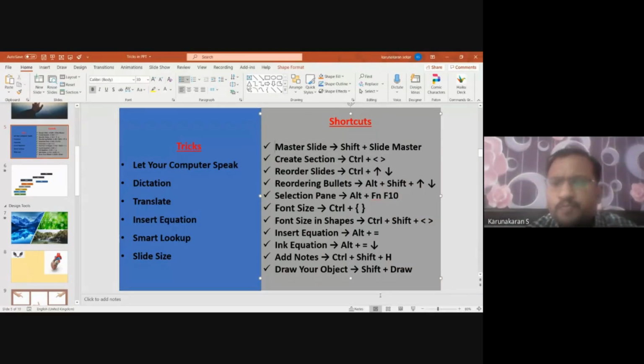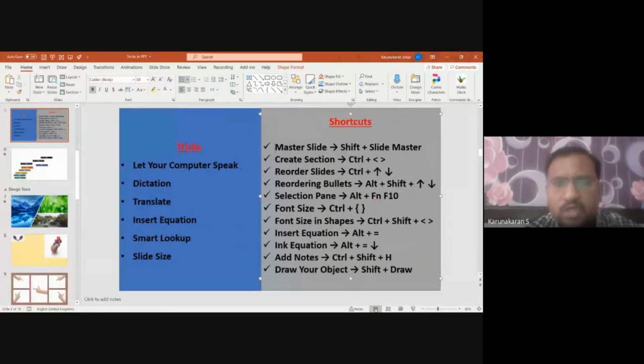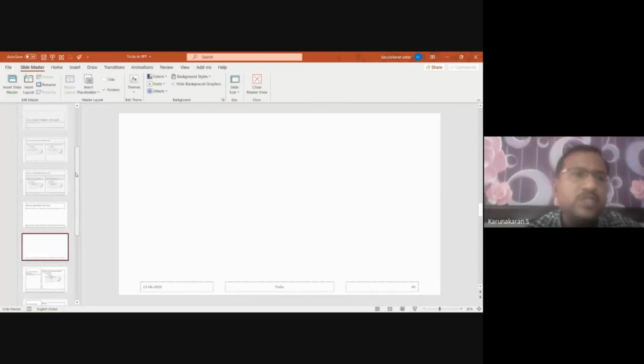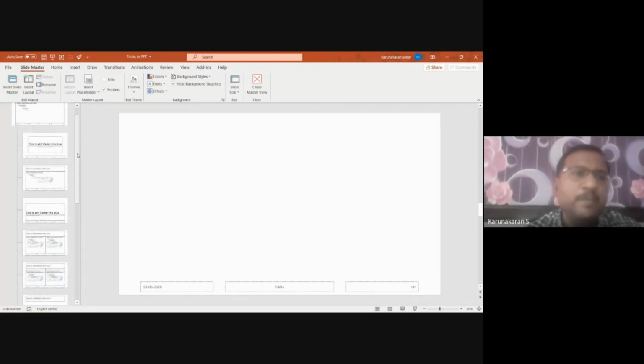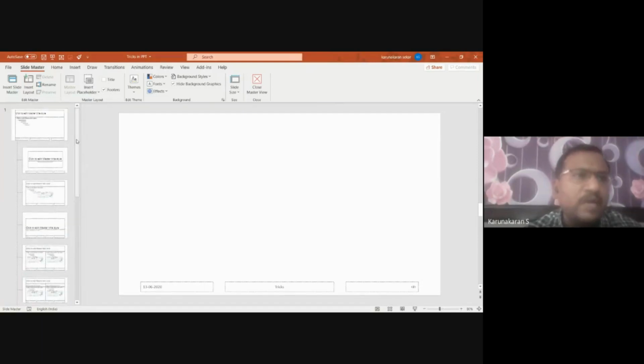For that, you have a button here, a symbol at the bottom. You can see the normal view, and this is the other view. So it changes the view of your PowerPoint, right? Press the shift button and press this symbol. It will show a different setup. Okay, this setup will not be available earlier. You cannot see it earlier. When you click that alone, you can see this. You will have a master slide.